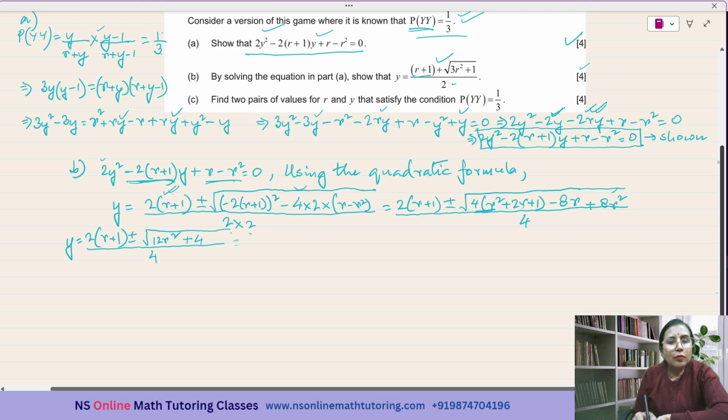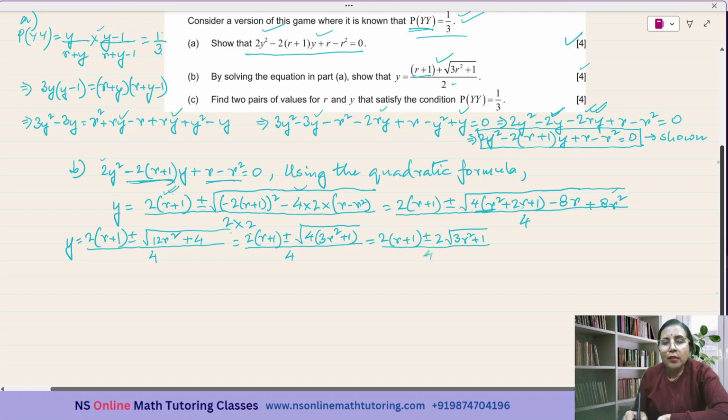So this is equal to 2r plus 1 plus minus. Now I'm seeing it is 3r squared plus 1. So it is obvious that they have taken the 4 as the common factor. So it is 4 and it is 3r squared plus 1, over 4. And the square root of 4 is obviously equal to 2. So plus minus 2 and square root of 3r square plus 1